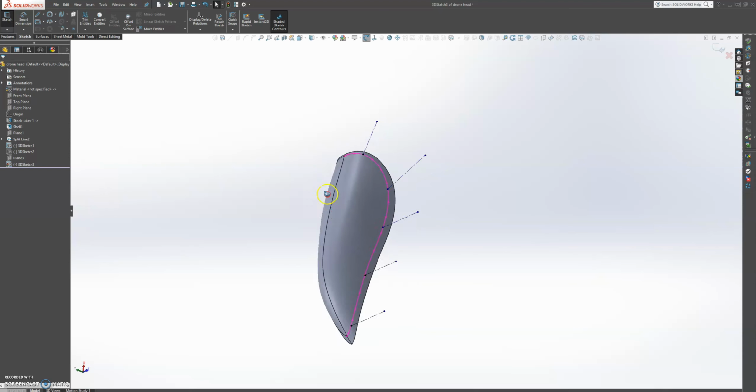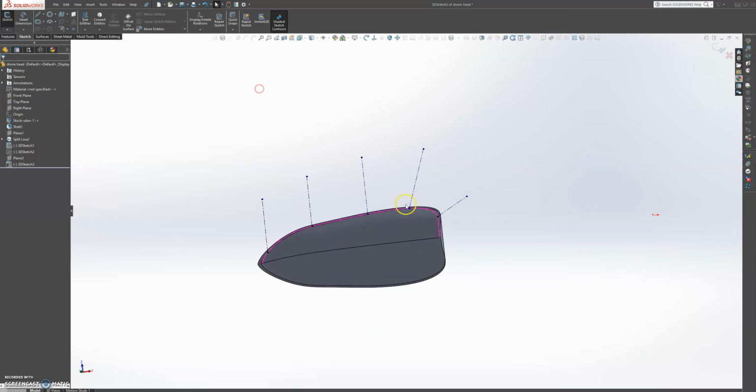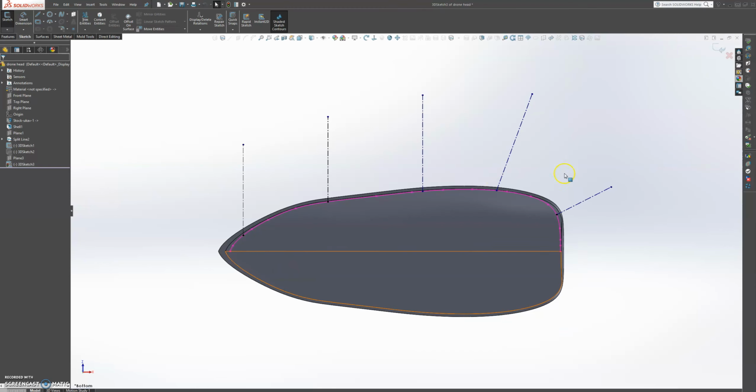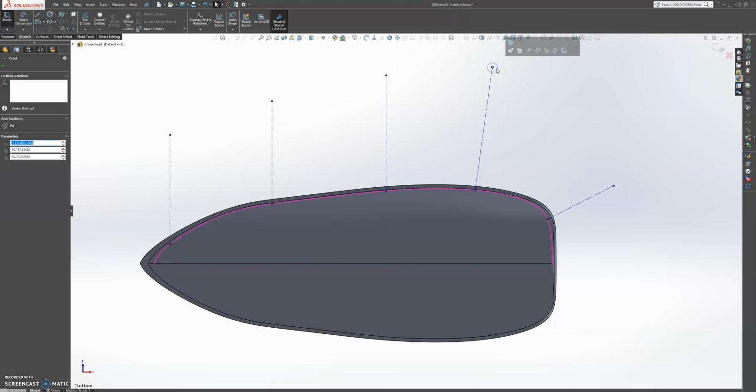Okay, so now let's turn the bolt this way, and let's see how straight are we. We're gonna make these lines as straight as we can. So the extrude will come down like that, so you want to make sure that your line is perpendicular to that face as much as possible, so your screws are going to be